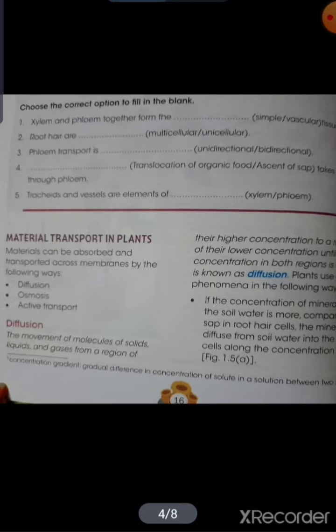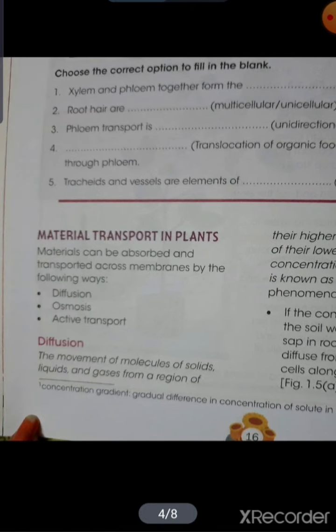Okay, first we'll see what the process of diffusion is. Diffusion, osmosis and active or passive transport are part of the transport system, that means the movement of water molecules in different parts of the cell, either from higher to lower concentration or from lower to higher concentration. So let's see what diffusion is.